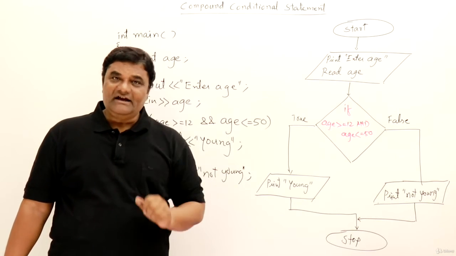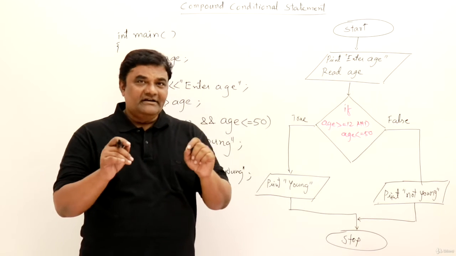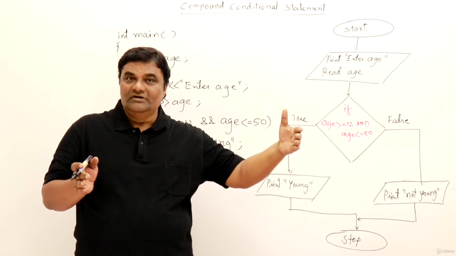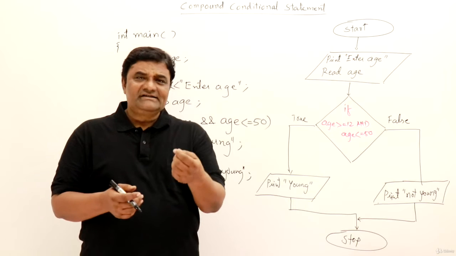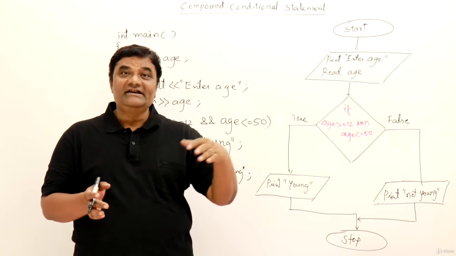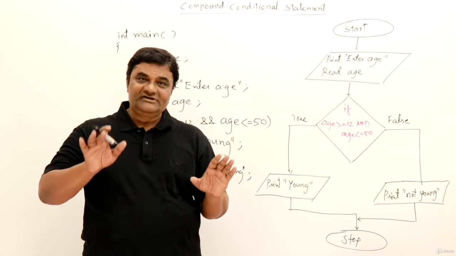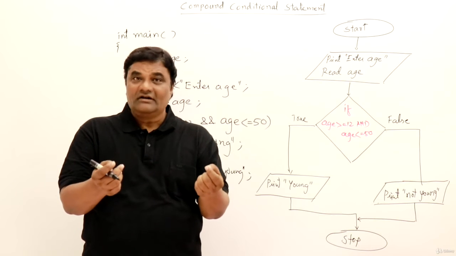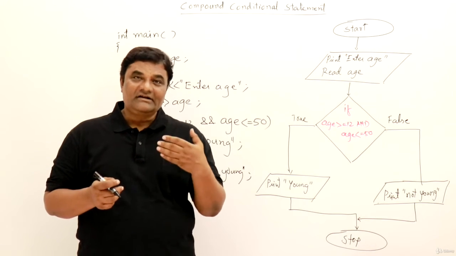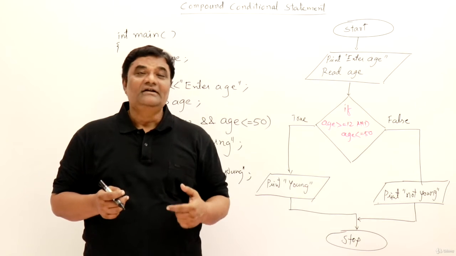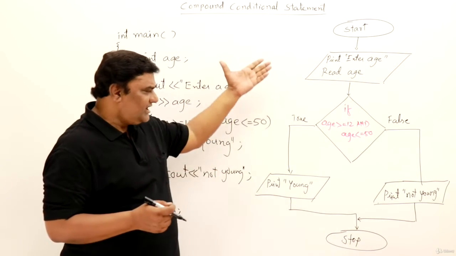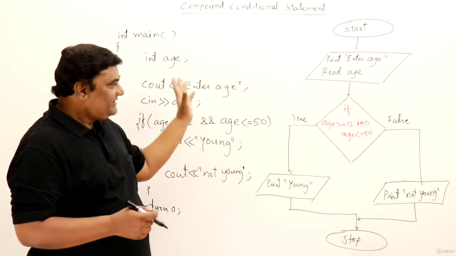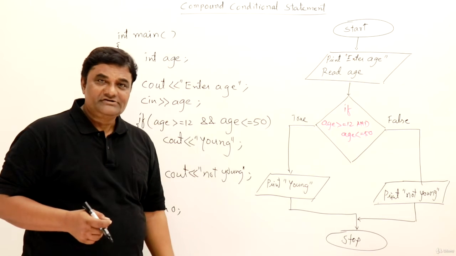Let us write one more program. Same example. But here, let us say we want to know whether the person is a child or old. He should not be young. Suppose, for example, there is some offer going on for children or aged people, right? So the offer is for children or aged people, not for young people. Whether he is eligible for that offer or not, let us learn how to write the condition for that. Then I will write a program. The flowchart will be the same, I just have to change the messages to eligible or not eligible. So I'll make changes here and then we will discuss the next question.